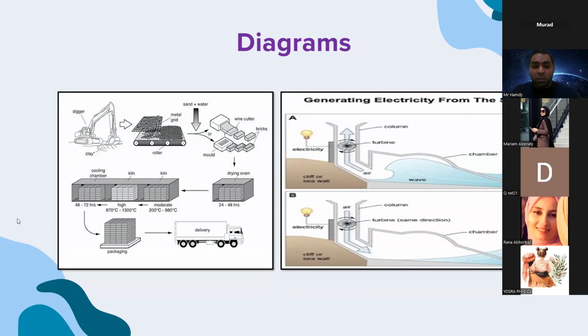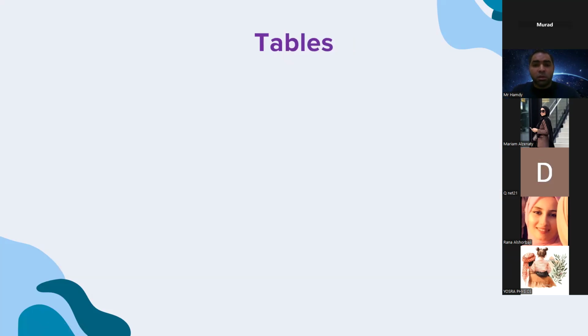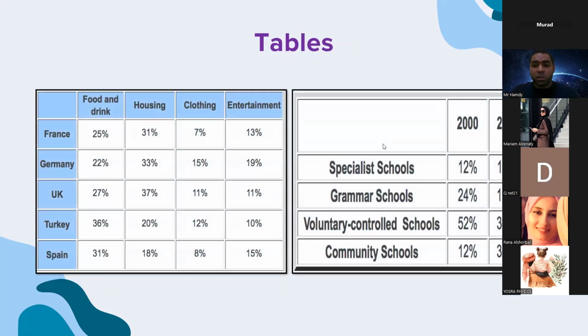Okay, this is the beginning, the starting point. Then we'll have this process. You see, and also here for the second one, the list generating electricity, like from the sea, from the product to the market. Okay, that's right. What about the tables? Okay, here for the tables, you will have